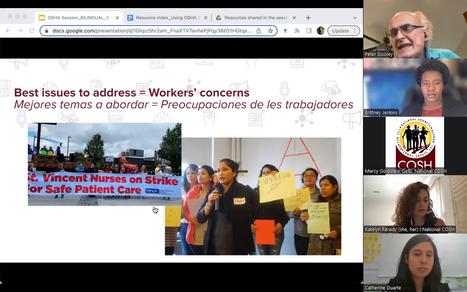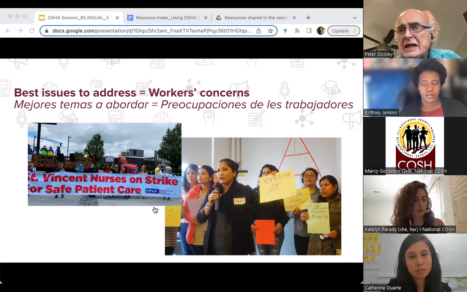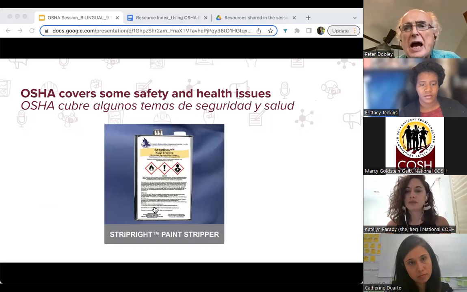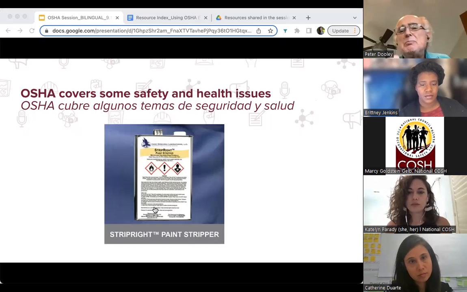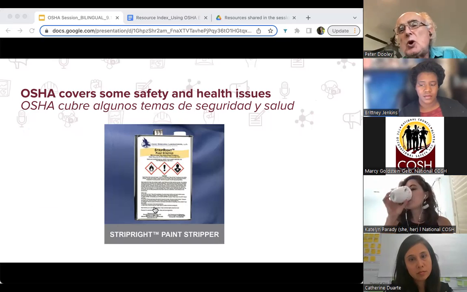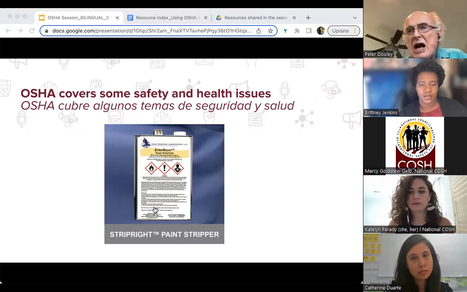And then there's other safety standards related to unsafe equipment, and other very specific standards, like fall protection for workers who are working at heights. So these are all really, really powerful issues. But when we decide which issues to focus on, and how to come up with a strategy,